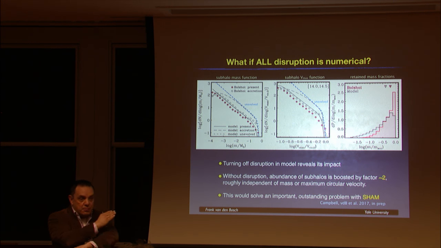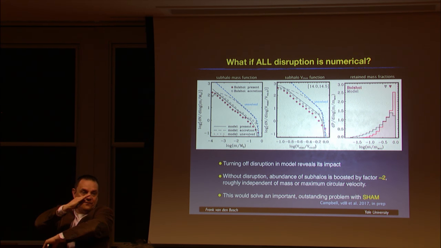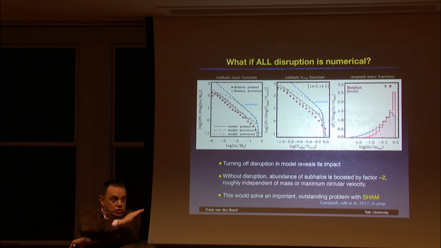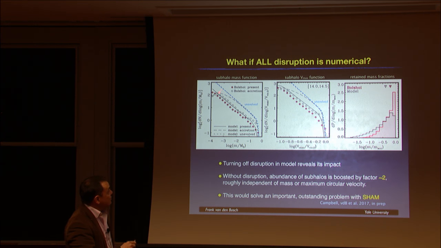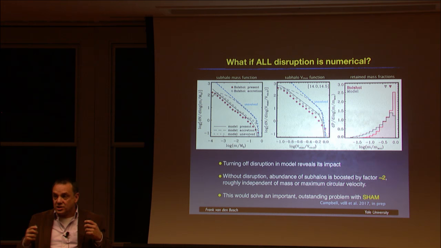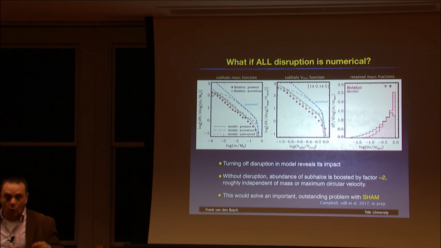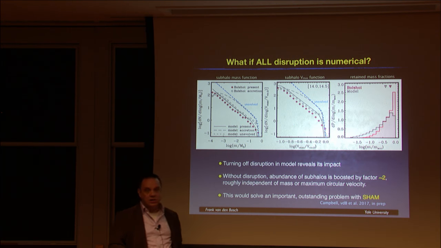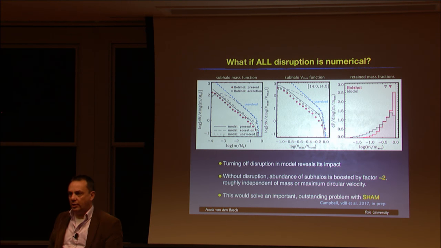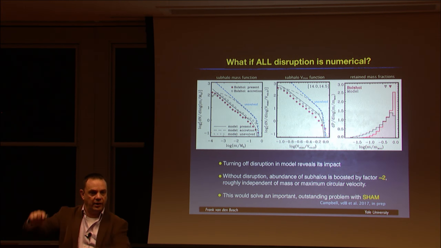And basically at every mass scale, I move up by a factor 2. I don't just change things at the low mass end. Remember, disruption happened at every mass, and the entire mass function goes up by a factor 2. If this is the real answer, then we're underestimating the number of satellite galaxies by a factor of 2. The boost factor of dark matter annihilation is underestimated by a factor 2. Not that that matters too much, because the uncertainty there is a factor 1,000.